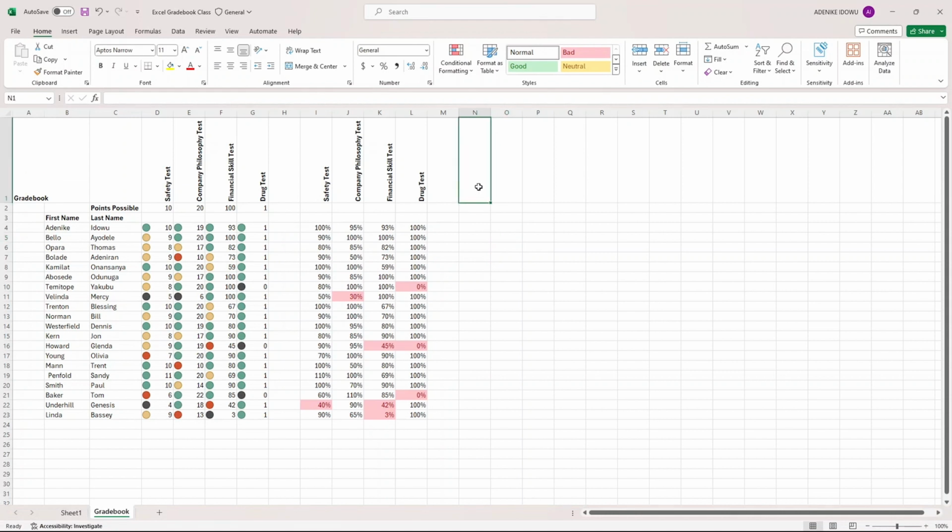So right now we're going to be looking at, okay, so we've done all these tests. What can we do with this test? What does this test